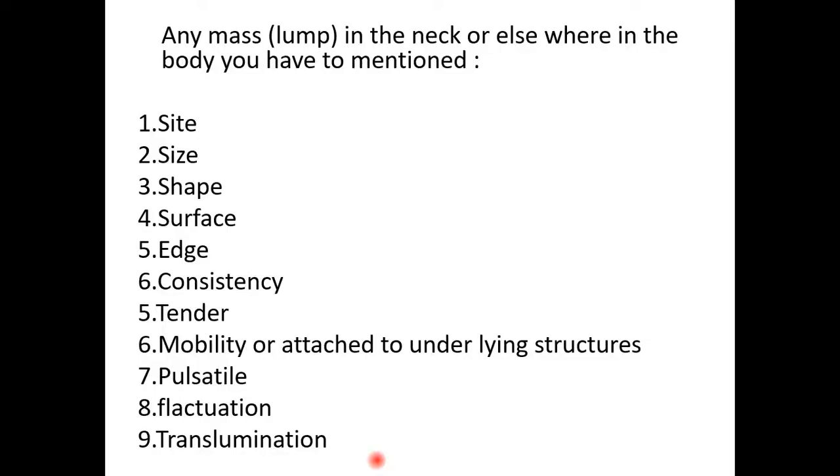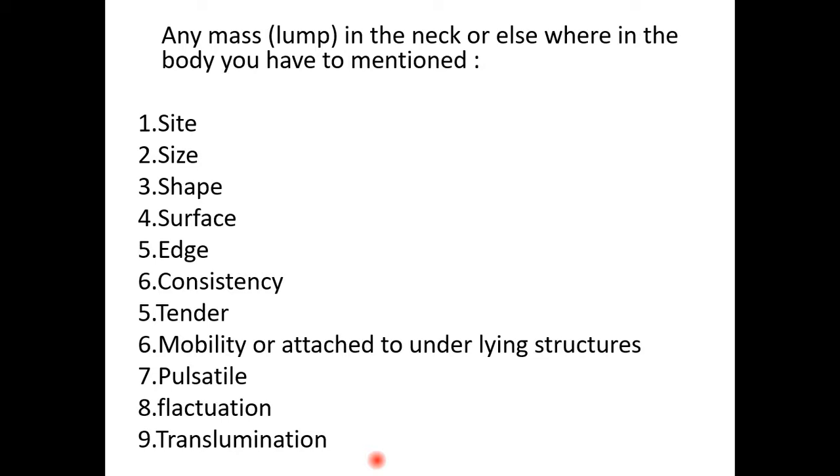For any mass or lump in the neck or anywhere in the body, you have to mention the site of the mass, the size, for example 2 or 3 centimeters, the shape of the mass such as rounded or triangular, the surface, for example smooth or regular, the edges such as rounded edges, the consistency, for example firm, soft, or hard,